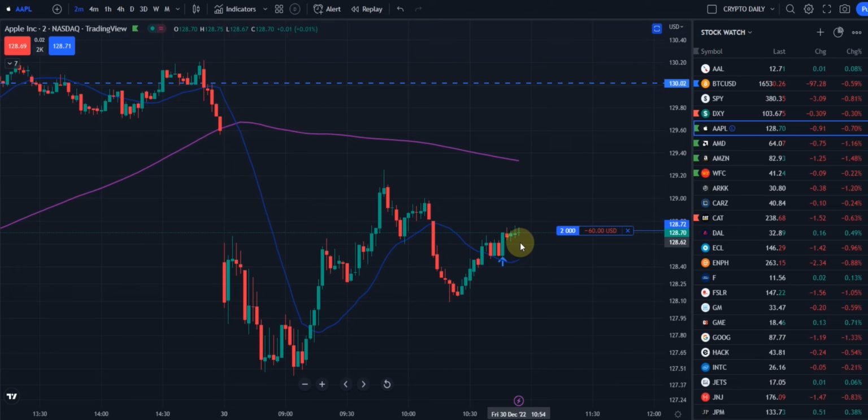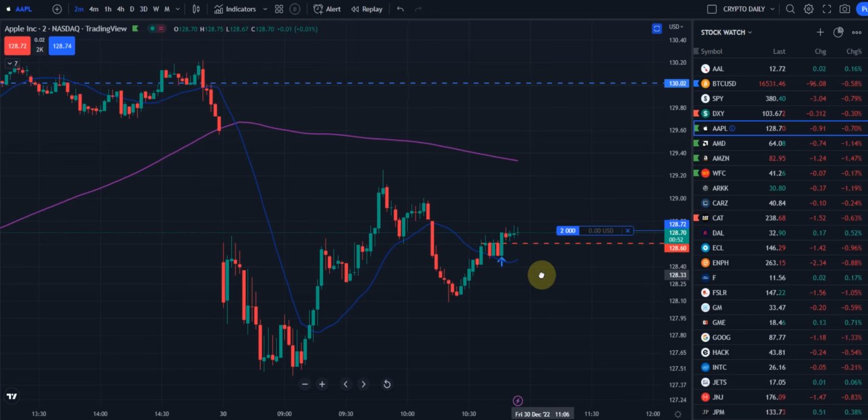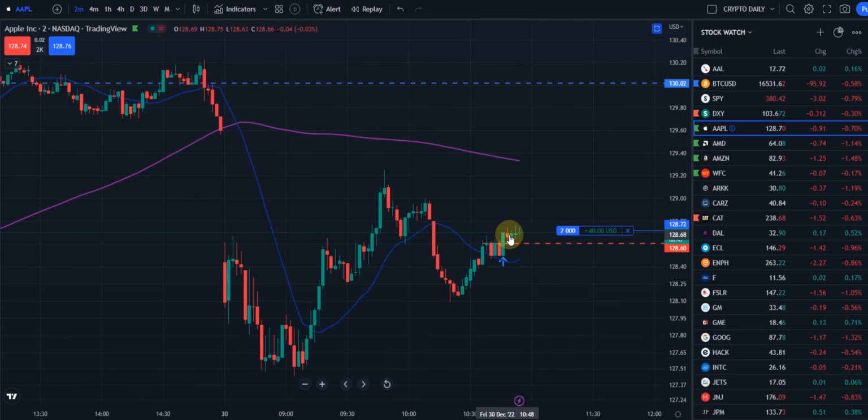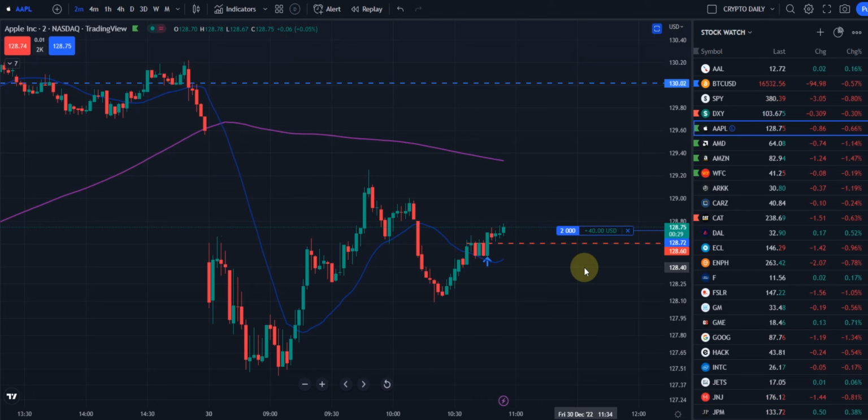Now, if we come down, I already have it mentally, but let me show you physically here. If we come down and close under that red dash line, that's our stop loss. We'll get out there. Or if we go past one, two, three, four, and past that fifth candle, we'll get out, and then we'll go from there. But anyway, it's hard for me to talk while concentrating on this. So I might just say, okay, we got some green over here. Let's get the heck out.